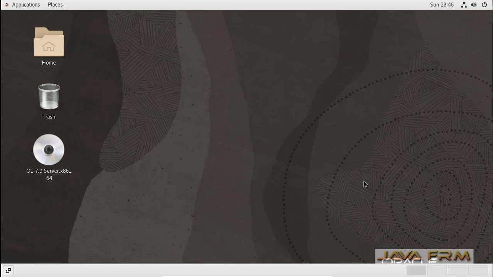So my first step will be to start the Oracle Database 21c Express Edition using the Linux service command. Oracle 21c is installed as a Linux service. Let me start it.